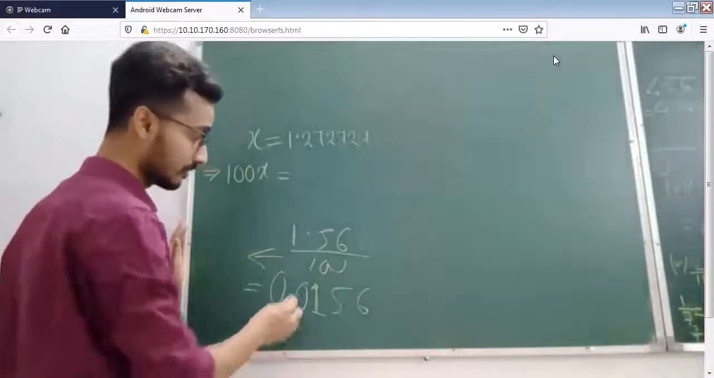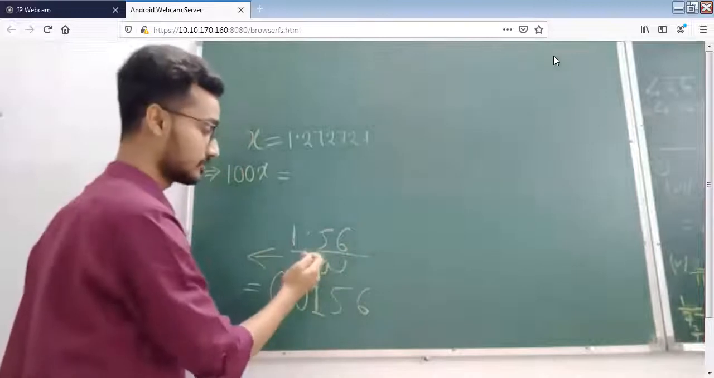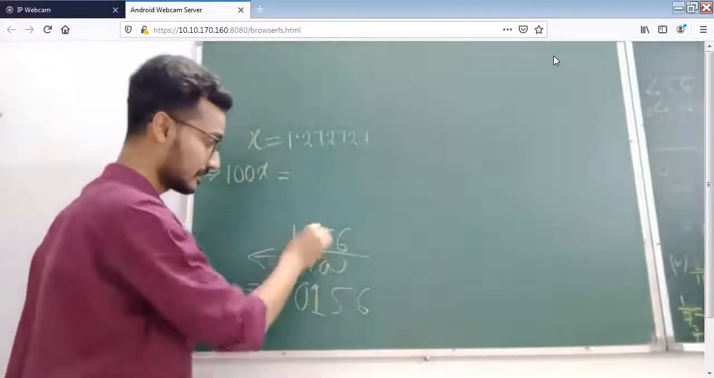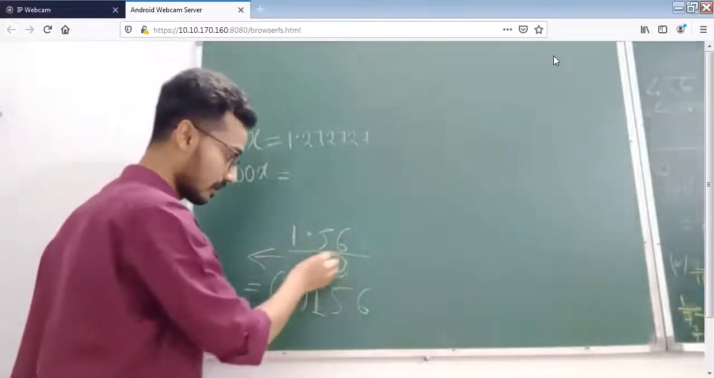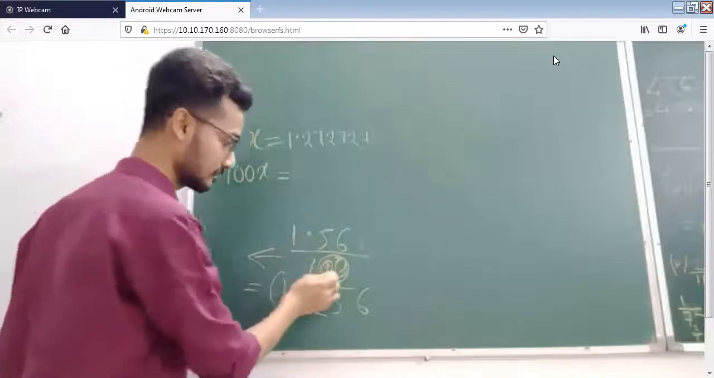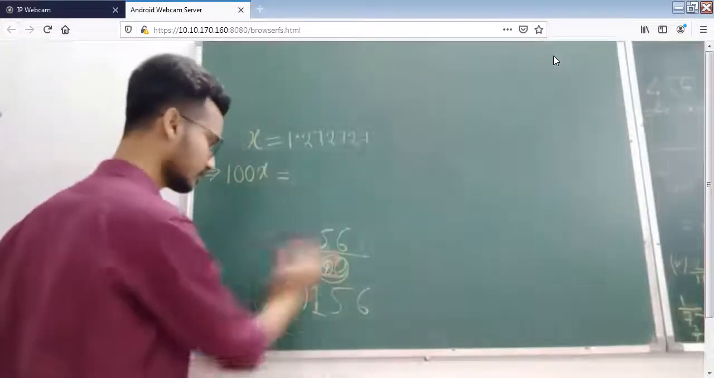And when you multiply by 100, your decimal will go to the right hand side, and this decimal will depend upon this zero. How many zeros are there? This decimal will depend upon this zero. Now see here,